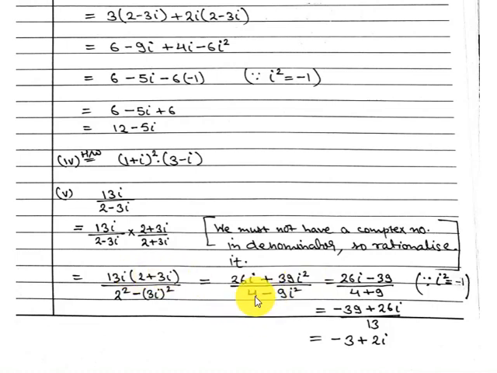In the denominator you get 4 minus 9i square. Next step, in the numerator this i square becomes minus 1, so minus 39, and in the denominator this i square becomes minus 1, so it's plus 9. So you get minus 39 plus 26i upon 13. Clearly 39 and 26 are divisible by 13, so divide each by 13 and you get